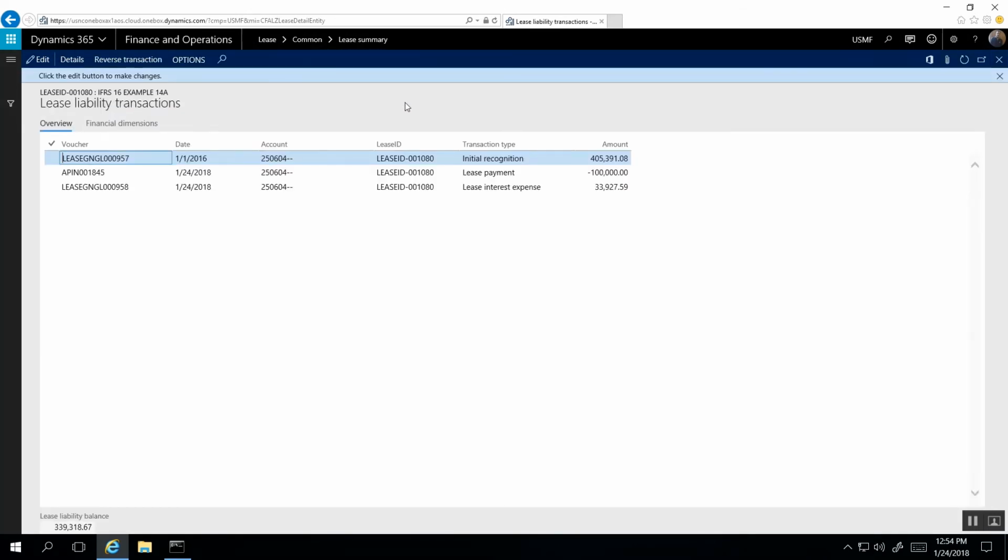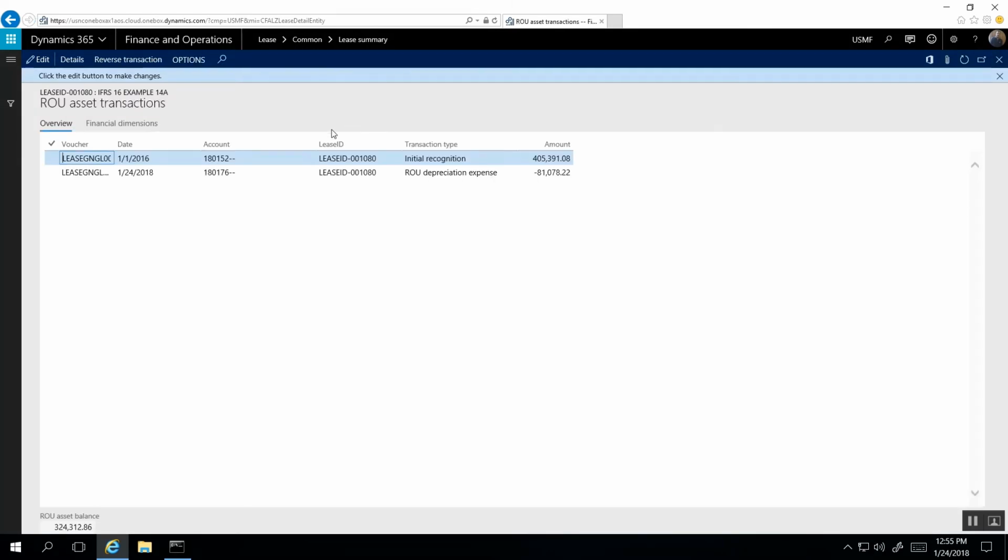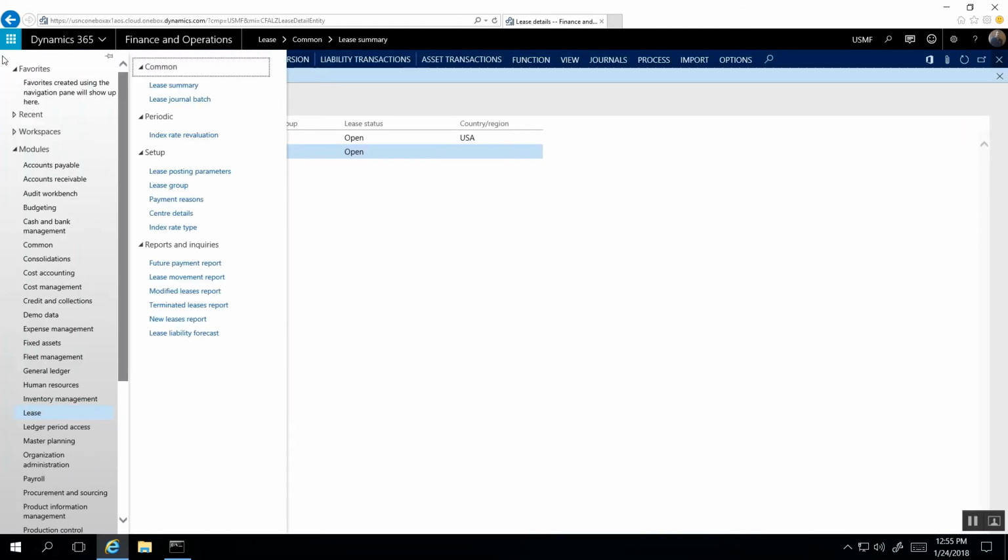So by going to Liability Transactions, we are able to see the lease liability balance. This is after the 2 years, and that is the 339,318 number. And next, going to our asset transactions, we can see that we have our initial recognition less the right of use asset depreciation expense, which gives us a total right of use asset carrying balance of $324,312, $313 for rounding. So now when everything looks good, we can head back to periodic index rate revaluation and